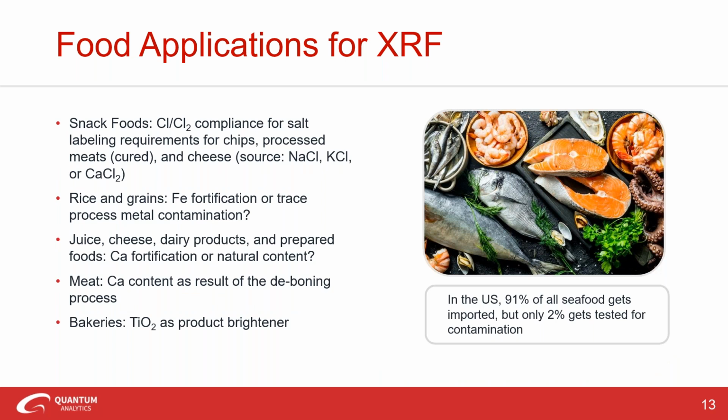An important point we talk about here is incoming raw material, right? So looking at the differentiation of chlorides, for example, we're looking to screen sodium chloride and potassium chloride. While you want to have a certain amount of sodium chloride content at a controlled amount, we certainly don't want to have potassium chloride in our food. And with XRF, you can have a quick cross-check to ensure that you have the right compound at the right